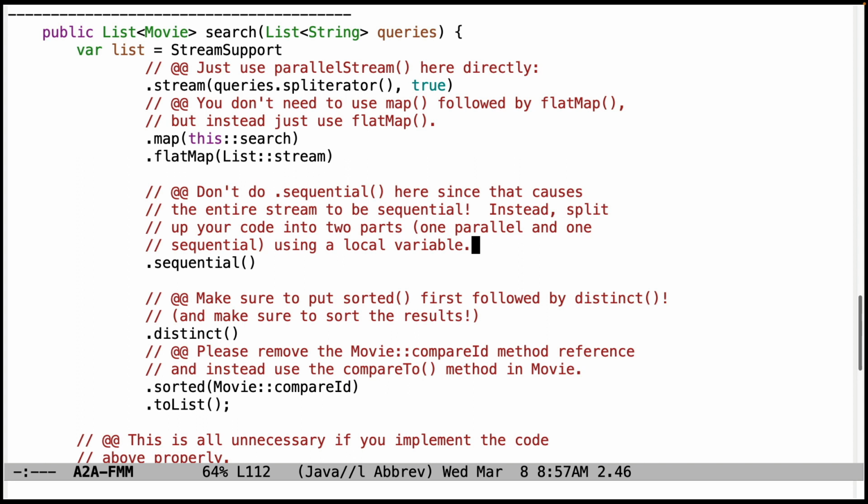So in order for this to work, you need to split it into two parts. You need to do a part that's the parallel part, save that as a list in a local variable, and then do a part that's the sequential part. If you want to use flat map, that's the way to go, and we'll talk about why that is in a second. Next problem. Irrespective of what you do, make sure you put sorted